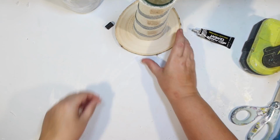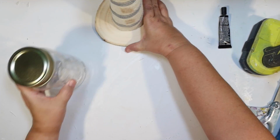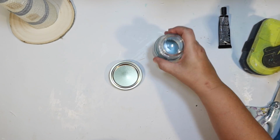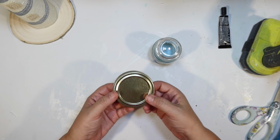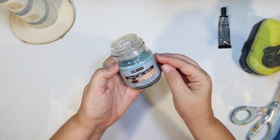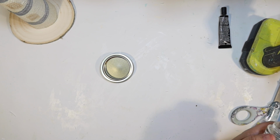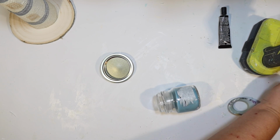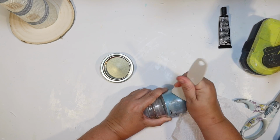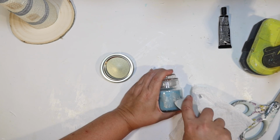I'm going to sit that to the side and we can start working on the top part of this lighthouse. Now I'm going to use just a Dollar Tree mason jar lid for this part. I want to make that little section of the lighthouse that's almost like a round balcony, and that is actually going to hold the blue candle holder, which is going to be the light part, the top part of our lighthouse. So I picked up this little beachy blue color jar candle also from Dollar Tree,